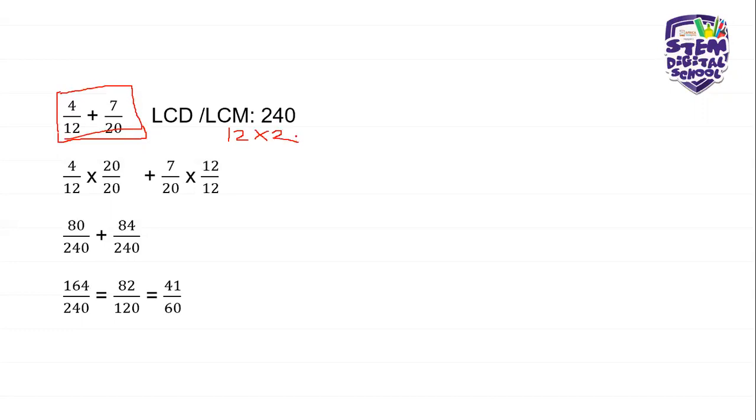Because I saw that I'm dealing with one thing that has a 0. So I could just say 12 times 20 is 240. But if I listed my multiples as I was supposed to,